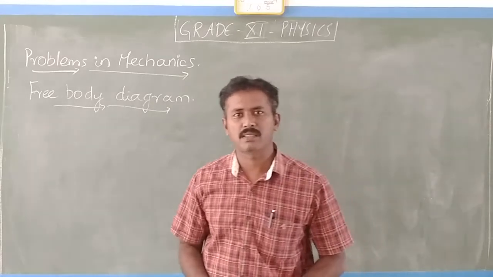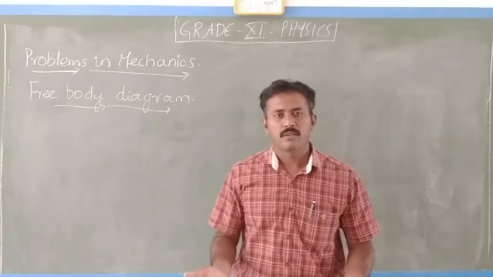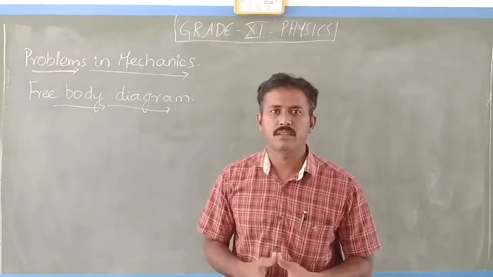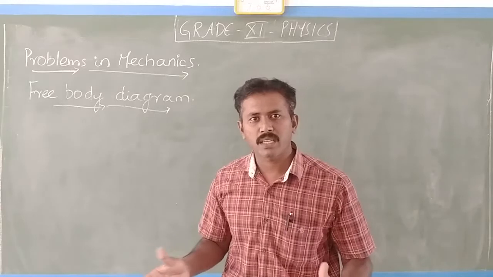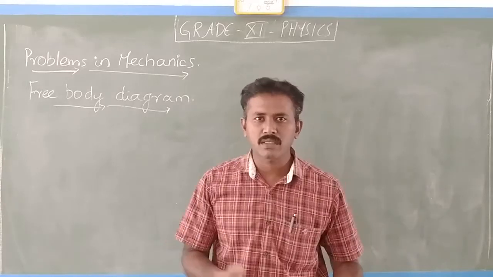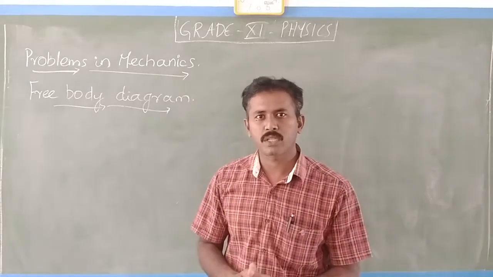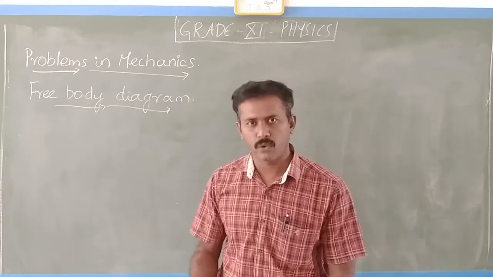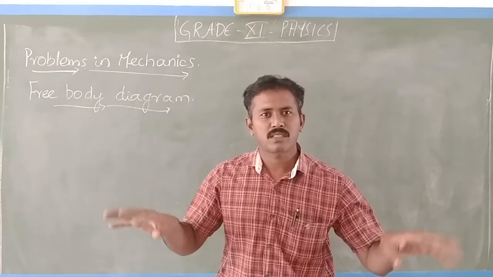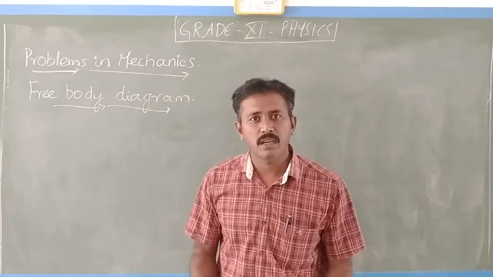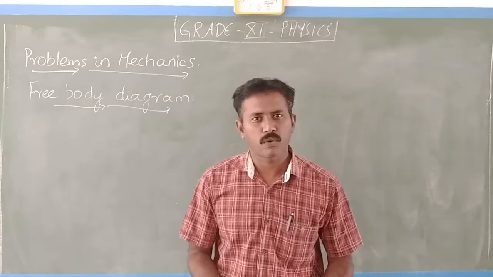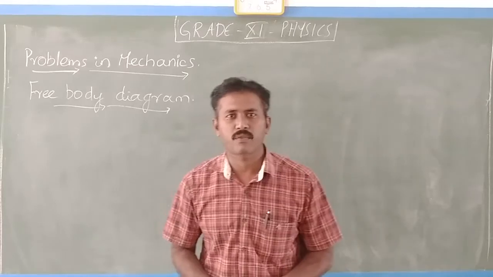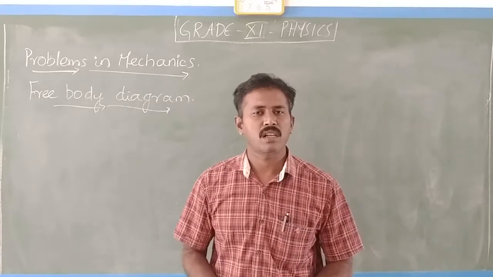Okay, what is mechanics? Mechanically, all the bodies and objects are related. That is, each and every object exerts force on other objects when it is touching. Each object, when it touches another object, exerts a force. All the objects in the universe are attracted by the gravitational force. So every object has a force naturally. What is that force? That force you call a gravitational force.